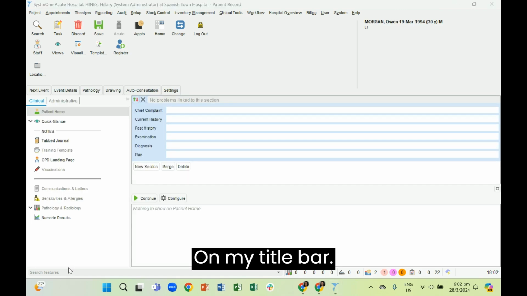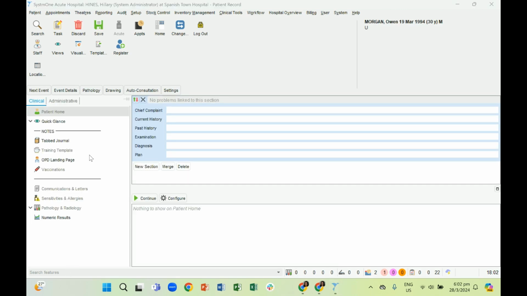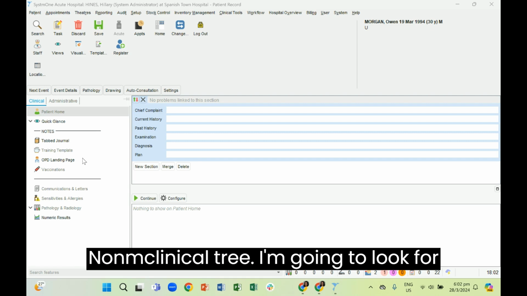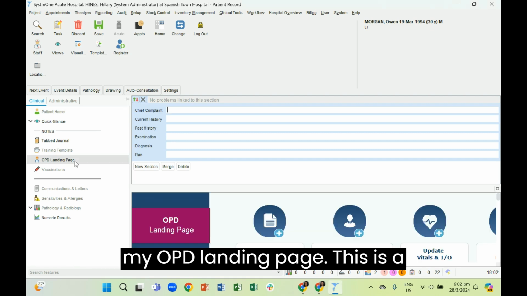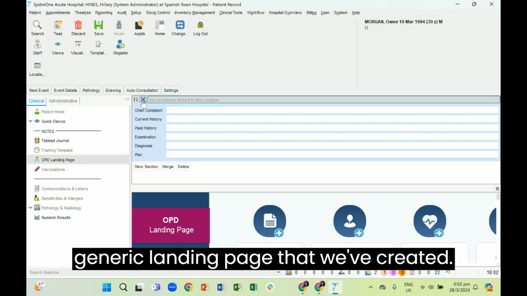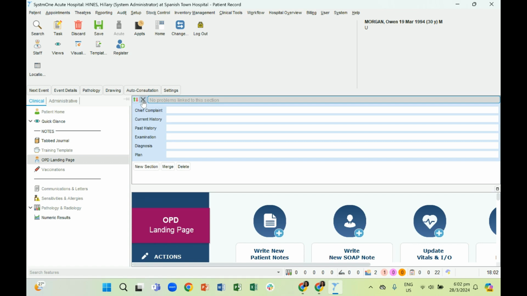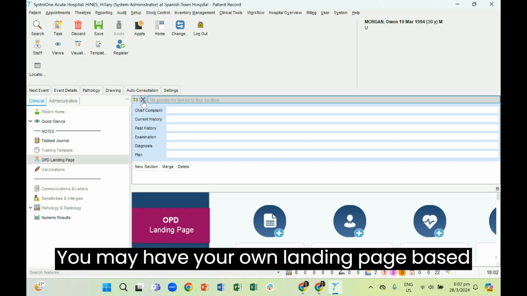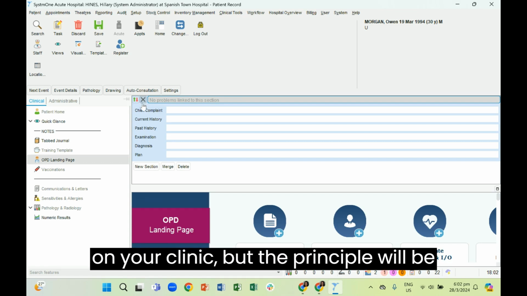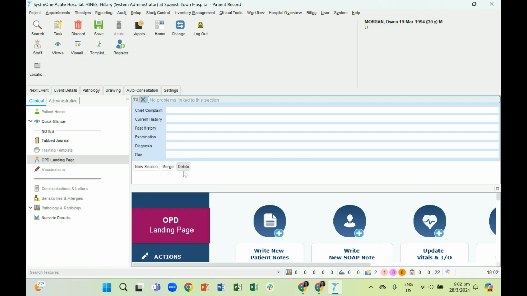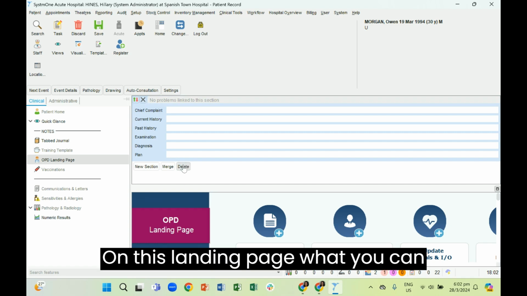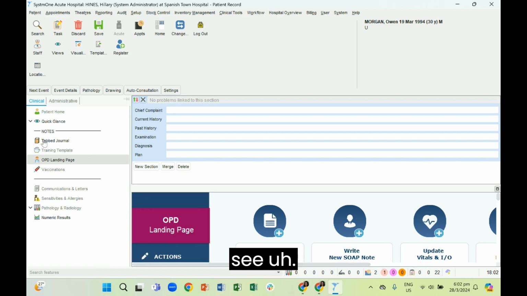And my title bar. Now in my clinical tree, I'm going to look at my OPD landing page. This is a generic landing page that we created. You may have your own landing page based on your clinic, but the principle will be the same. On this landing page, what you can see,